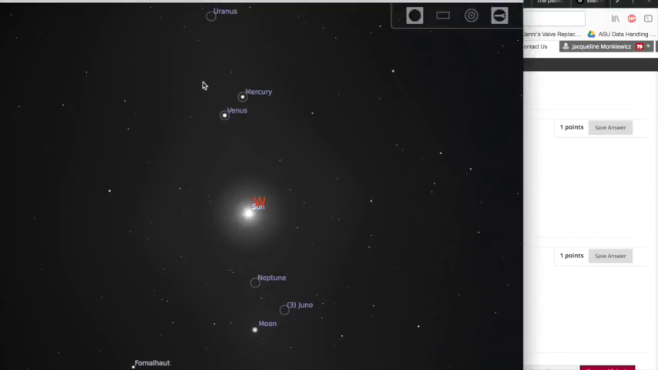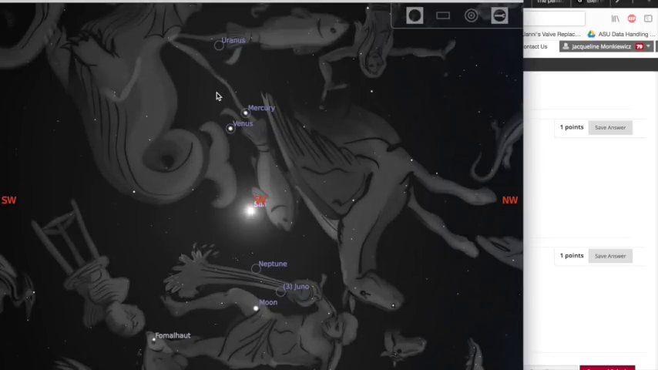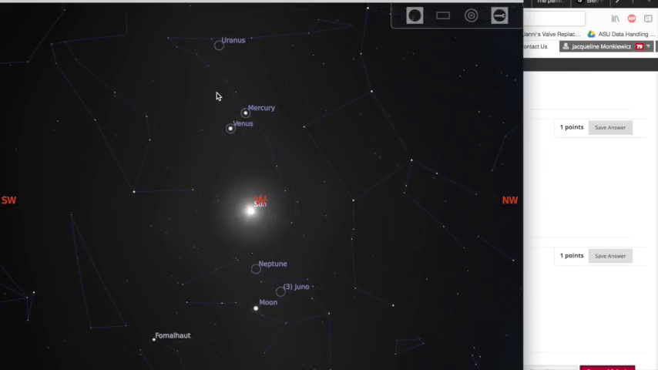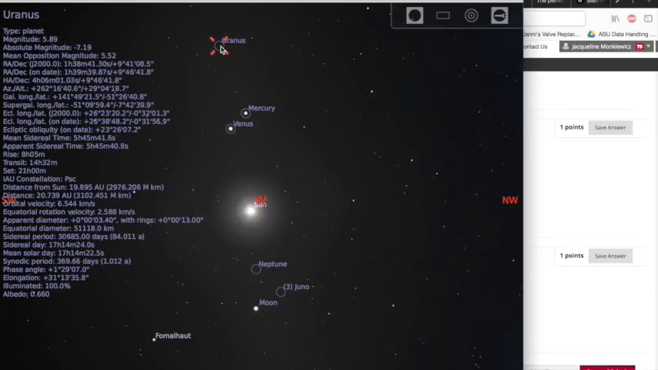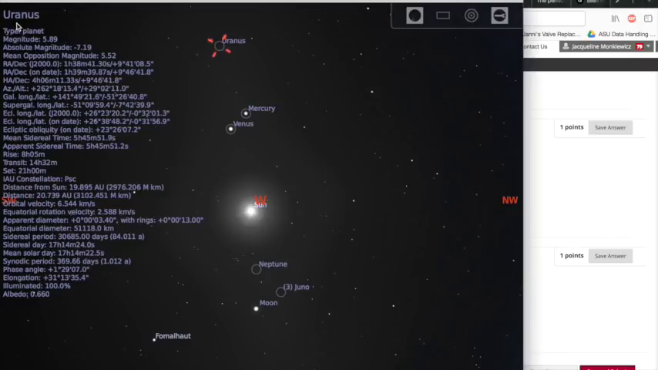You can play with the constellation scrolling, the constellation art or stick figures in order to find which constellation Uranus is in. And the most efficient thing to do to answer these questions is simply to click on Uranus, and it asks you to watch the altitude of Uranus, and you can actually just read that right off the chart here in the azimuth altitude,